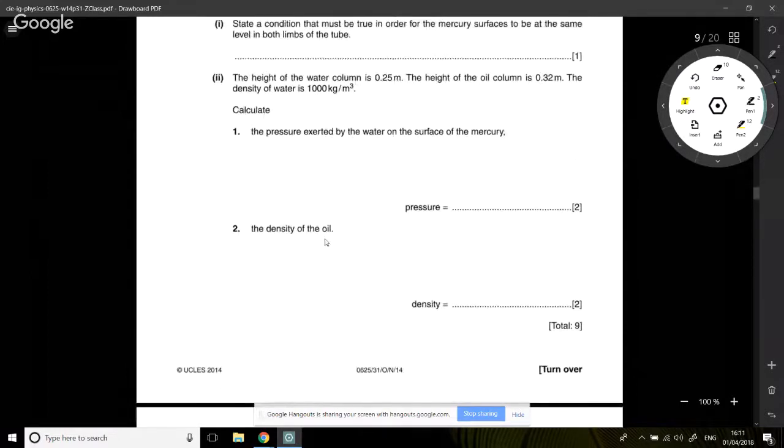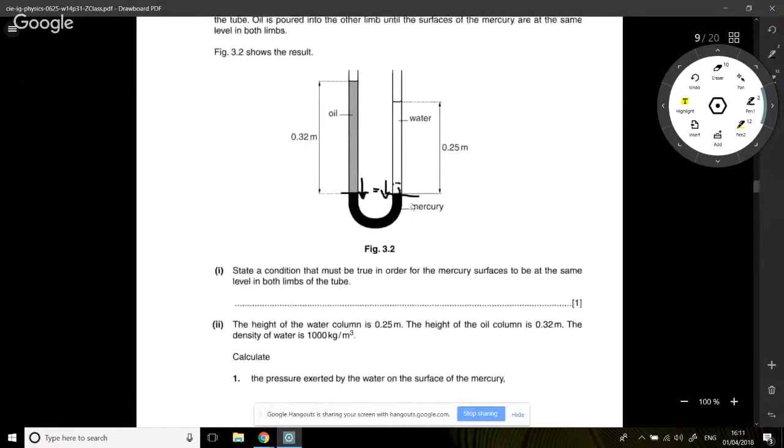And then you needed to calculate the density of the oil. We know the height of the water here, and we know the density of the water. We know the height of the oil here. We just use our rho g h equation to compare the two densities. We can already see that the density of the oil is going to be less. So we just equate these,